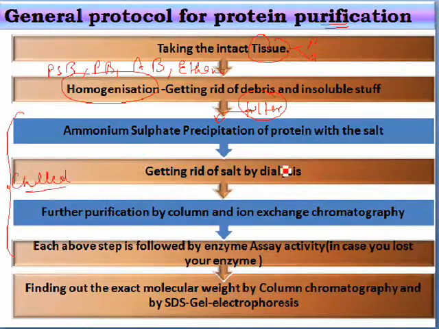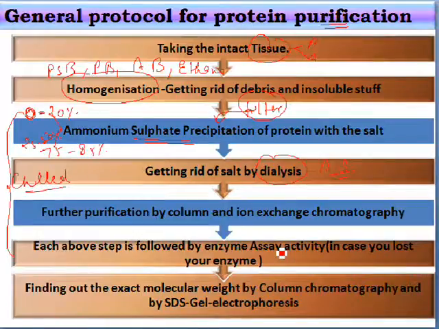Ammonium sulfate precipitation is done according to our choice, that is, what percentage of saturation we want, and this can be performed whether we want to saturate the protein at 0 to 20%, 25 to 50%, 75 to 85%, etc. After protein purification by ammonium sulfate, we achieve pure protein by dialysis. Dialysis is the procedure that removes the ammonium sulfate content from the purified protein. After that, we carry out chromatographic techniques, electrophoresis, etc.